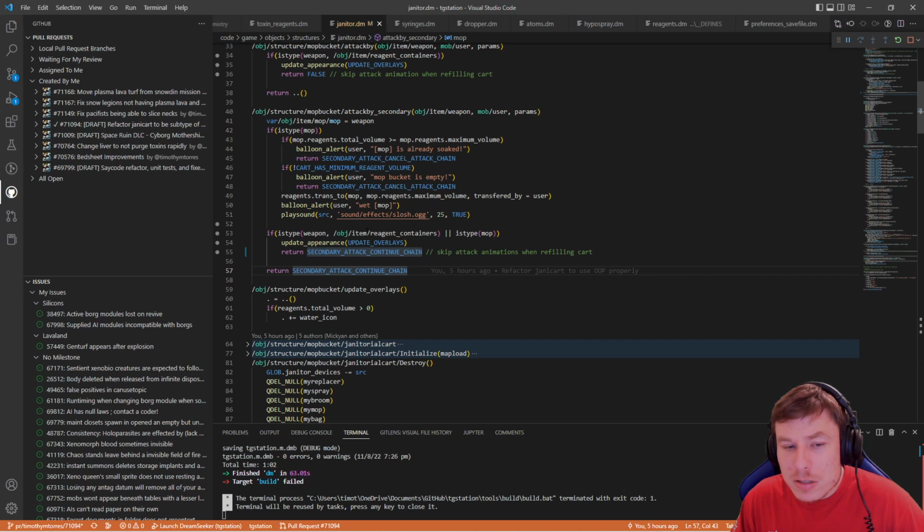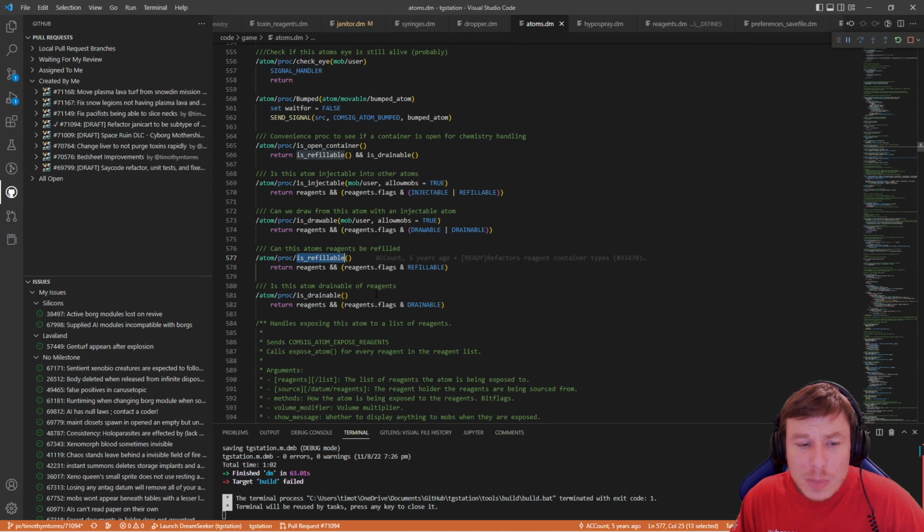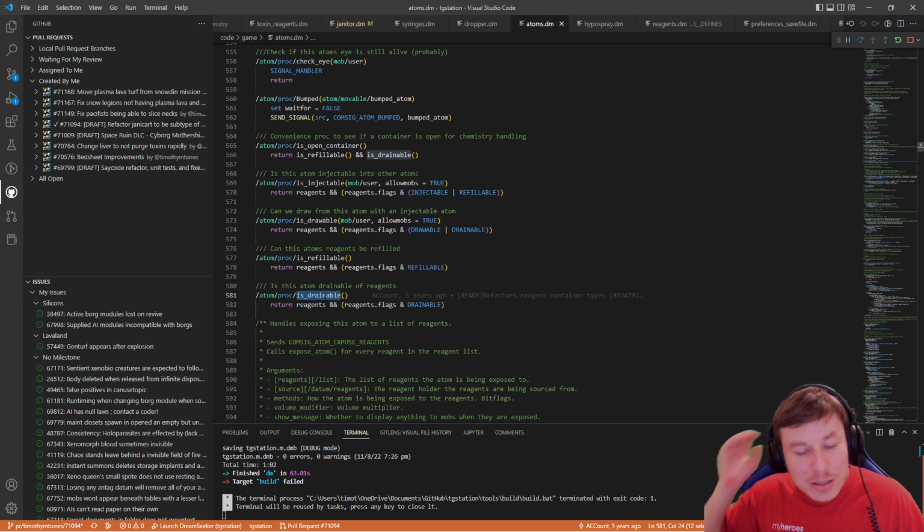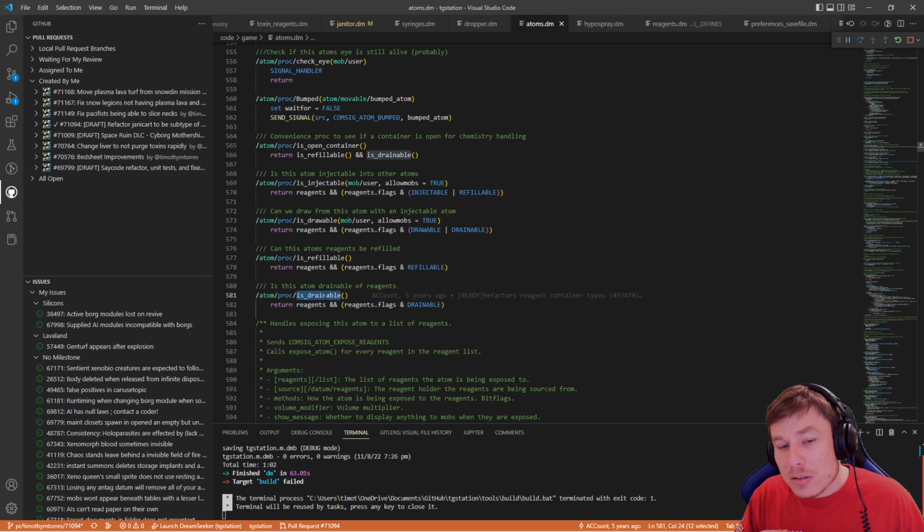There are other places in the code where they're using these procs, these functions, is refillable, is drainable, to check if an object is a reagent container. And if you use a syringe there, and you're using these procs to skip the attack animation, it won't apply to the syringe,